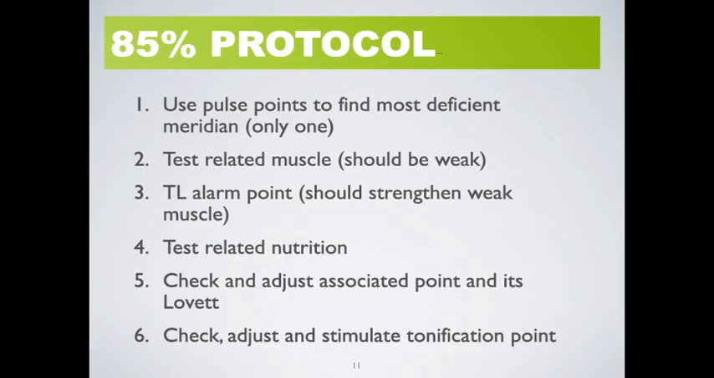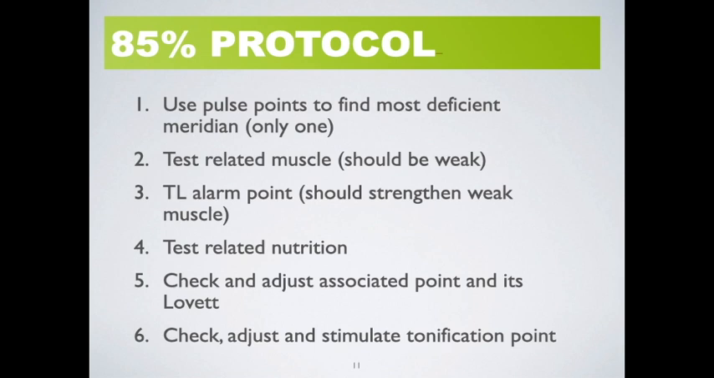The 85% protocol, if you remember, we start with a strong indicator muscle. We have the patient therapy localize the pulse points. One of the 6 locations on either wrist ideally should show positive. Then we would go to a related muscle. Say, for example, the left middle pulse point tested positive. That's either liver or gallbladder, i.e. Wood element. We can test superficial and deep,